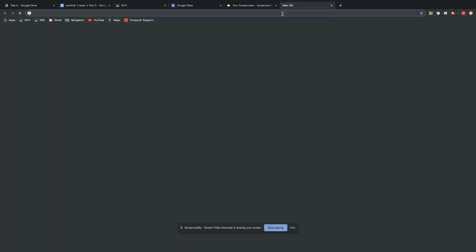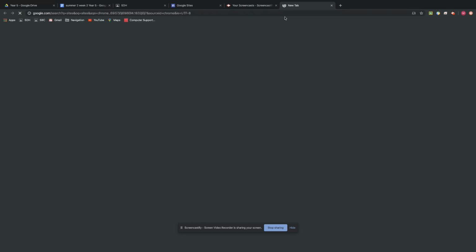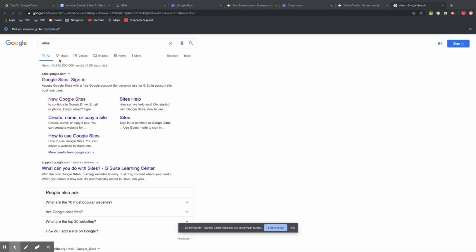You might not find it there, and if you can't find it anywhere else, then the best thing to do is to open a new tab or open up your Safari or whatever you use, whatever device you're using, and just type in sites, SITES. And once that search has gone through, you'll see a link that says Google Sites Sign In. So we click on there,